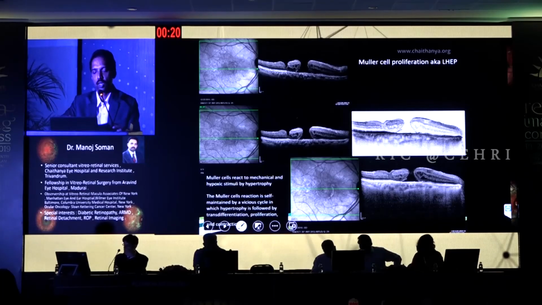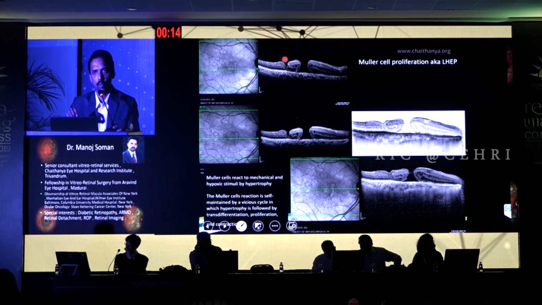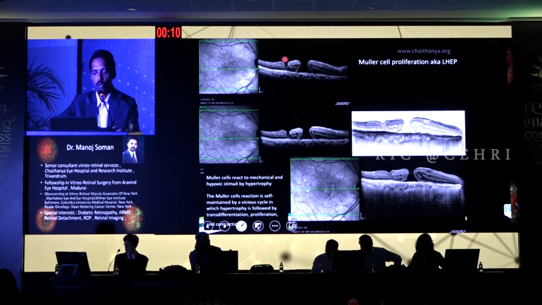I leave you with this image. This is a patient who had undergone macular hole surgery. This is a failed macular hole surgery. This is the macular hole which failed, and now 6 months down the line we also found that this patient had an ectopic macular hole, and this is probably due to an aggressive attempt at ILM peeling. But what you can see is there is Muller cell proliferation on top, which over 3 years filled up the ectopic hole. So Muller cells do proliferate.